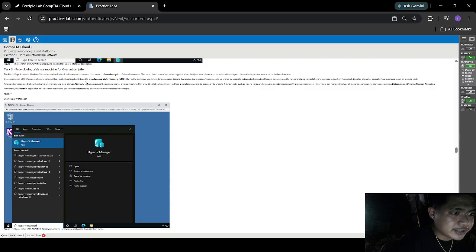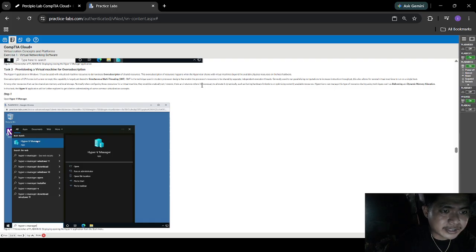This capability is largely attributed to simultaneous multithreading, or SMT, a technique used in modern processor design that enables the processor resources to be shared by separate independent execution threads, generally used to run parallelized computation to increase instruction throughput. This also allows several virtual machines to run on a single host. Among the other resources that can be shared are memory and local storage. Normally, when configuring these resources for a virtual machine, they would be statically set.